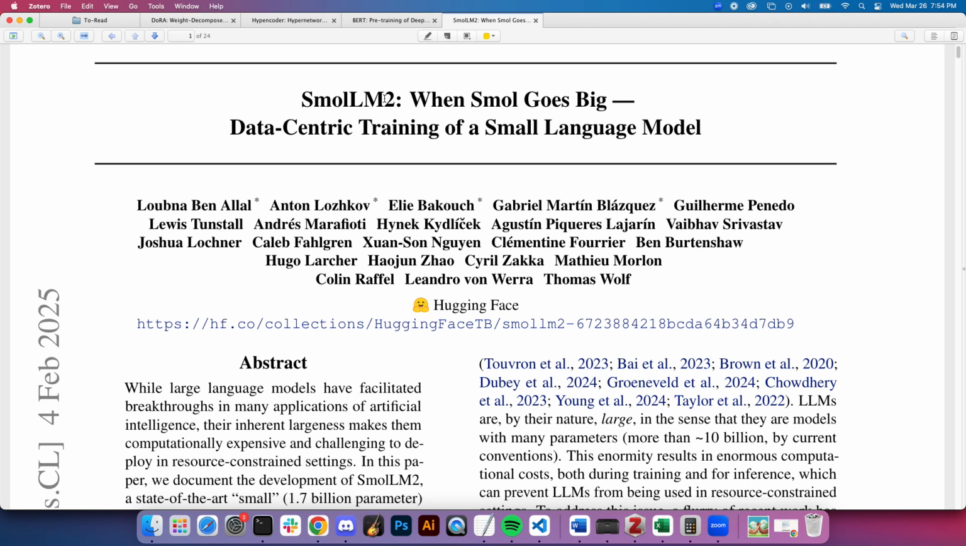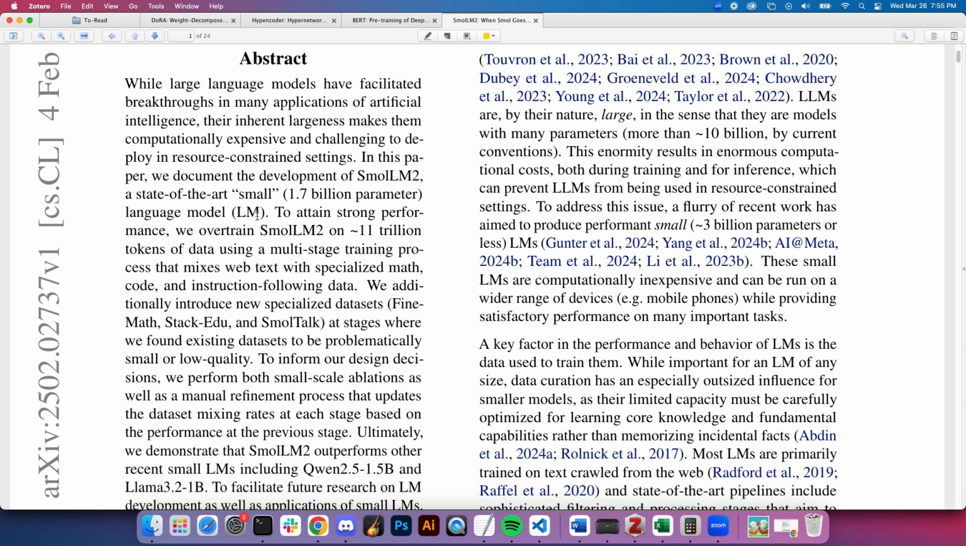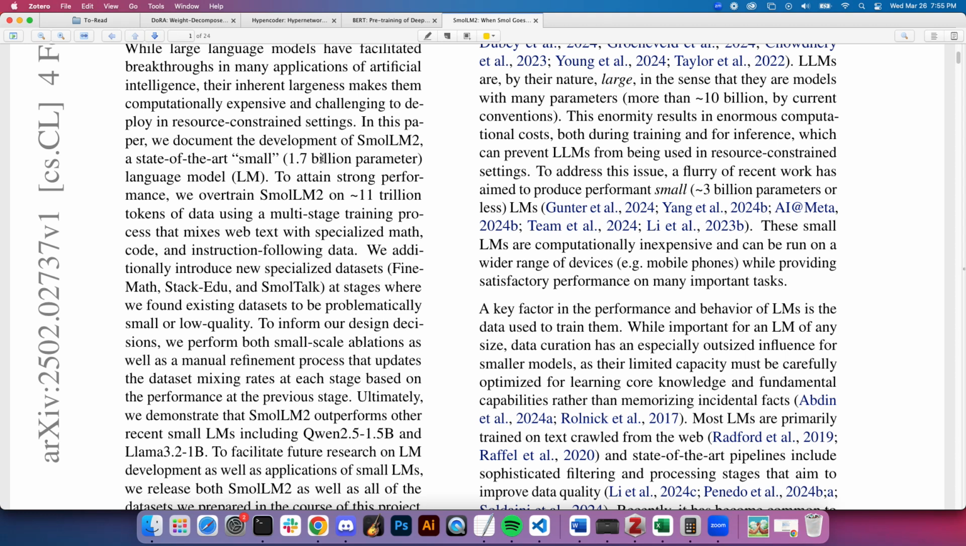So the title is SmolLM2, When Small Goes Big, Data-Centric Training of a Small Language Model. Let's see. The largeness of LLMs makes them expensive and challenging, and they document the development in this paper of a 1.7 billion parameter language model. They overtrain